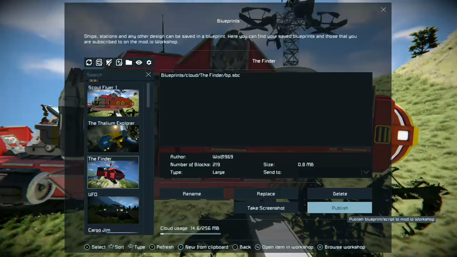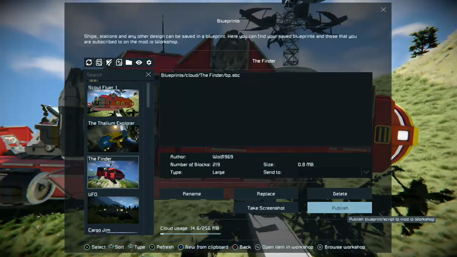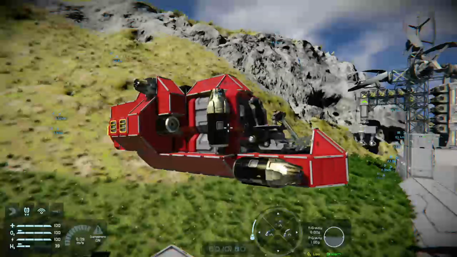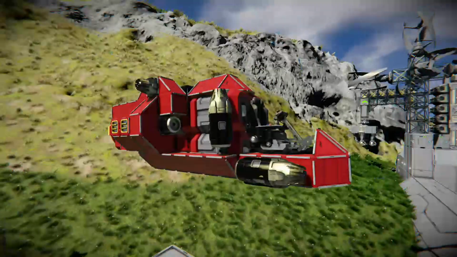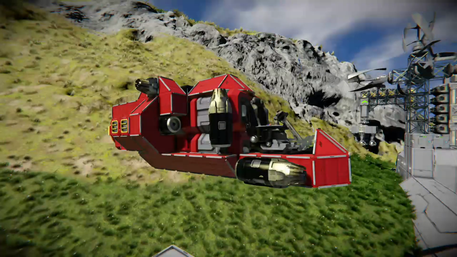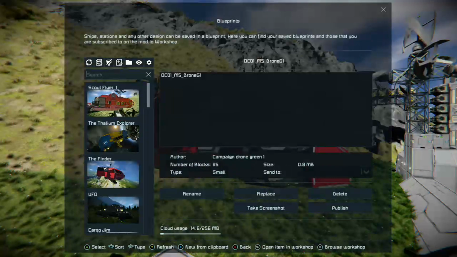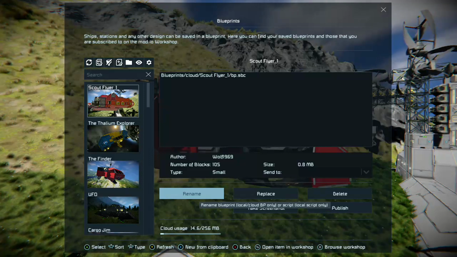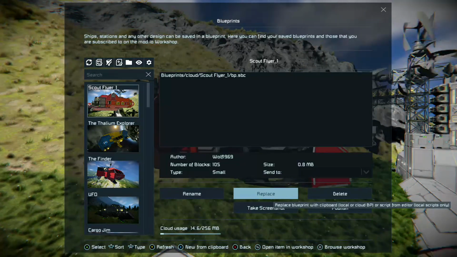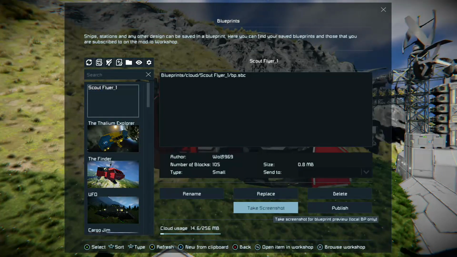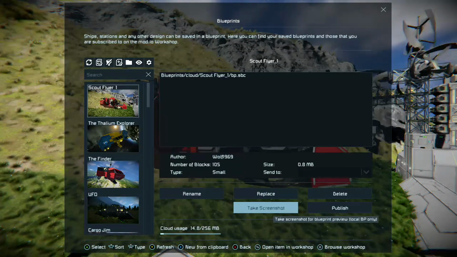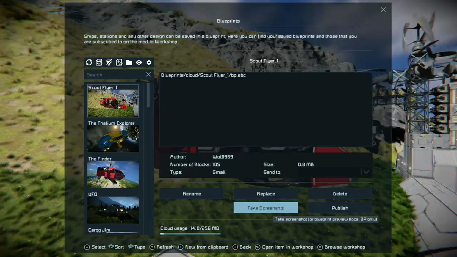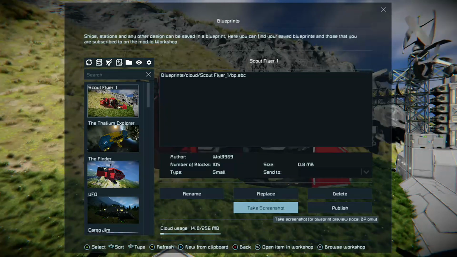Now, if you want, you can also create a vanity screenshot by coming out of this, getting a nice shot of the thing that you want, holding down the left bumper, pressing right on the D-pad, then holding down the right bumper and the B button to go back into the blueprint menu, scrolling across again, making sure the Scout Flyer 1 is highlighted or whatever you've called it, then going to take screenshot, and you'll see, look there, a nice screenshot. So there is how to blueprint, screenshot, and if you want to publish it onto mod.io, you can.